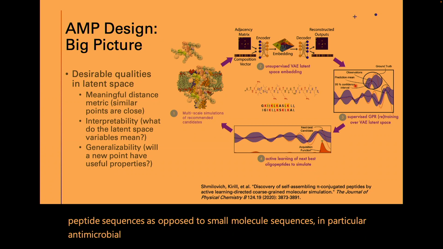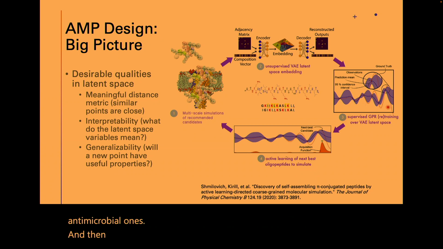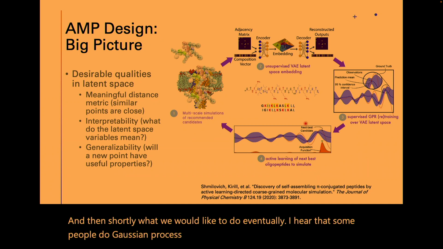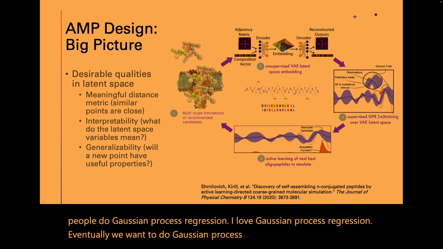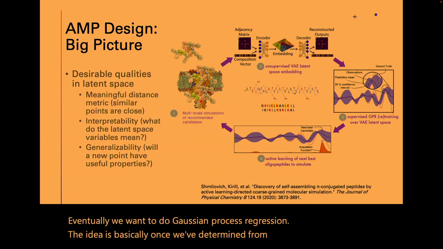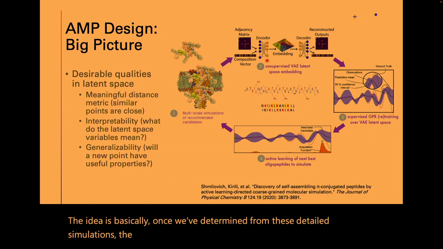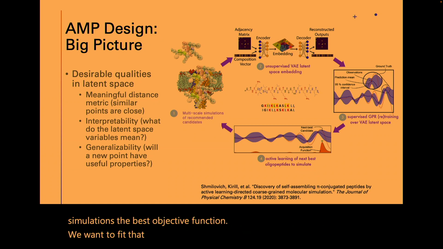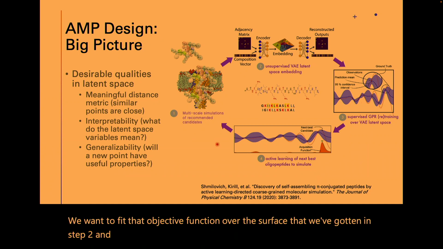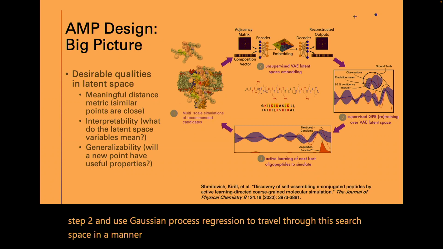And then shortly, what we would like to do eventually, I hear that some people do Gaussian process regression. I love Gaussian process regression. Eventually, we want to do Gaussian process regression. The idea is basically once we've determined from these detailed simulations the best objective function, we want to fit that objective function over the surface that we've gotten in step 2 and use Gaussian process regression to travel through this search space in a manner where you're picking the best